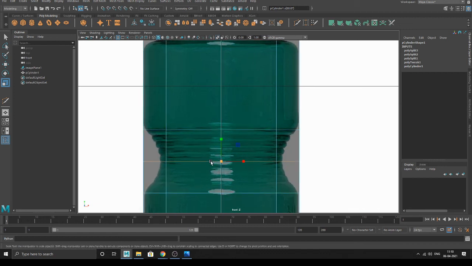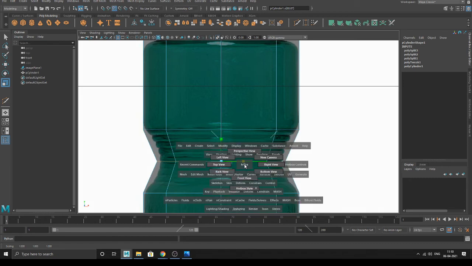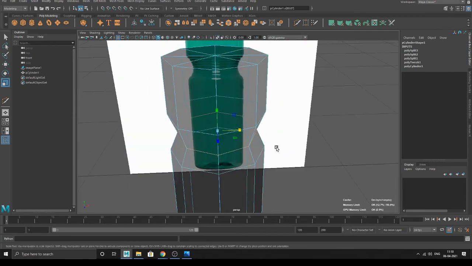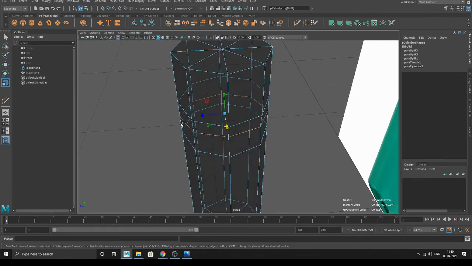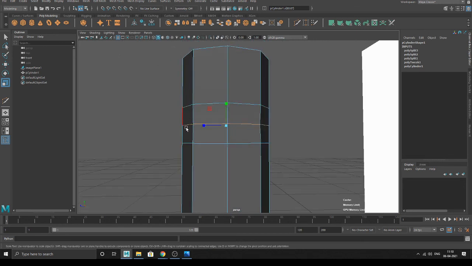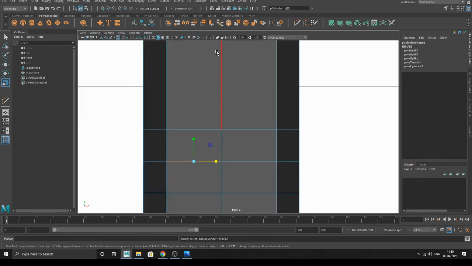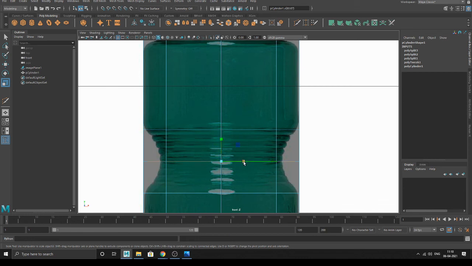So now with the scale tool, I'll scale it down like this from between. Don't just scale it from sideways. If you do it like this and go in perspective, look, the shape will change. Only this is coming inside, but this is not. If I switch this off, you can see this is straight, but from here this is coming inside. That is the reason whenever you're working with a cylinder, do it from between like this. Take it in and match it properly.